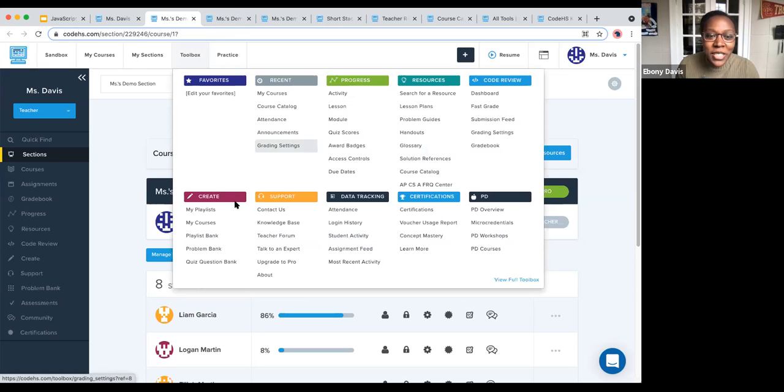Okay, so we talked about resources, Create. The other very important thing I think you guys should know is about support. So if you choose under support, go to contact us. That's what you're going to write into me and my team. And we can help you if you have questions about the curriculum, if you have suggestions or feedback, or if you want to know how to use a specific tool, you can contact us and we can help you with that. Another tool that you guys can use and that we as the support team use as well is the